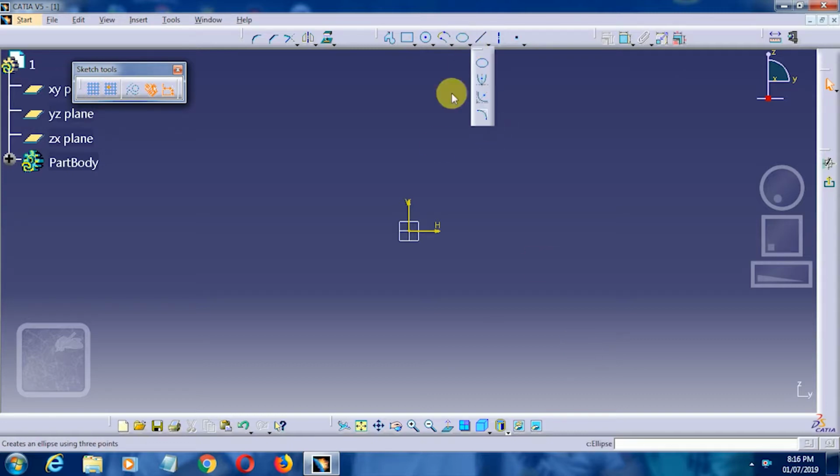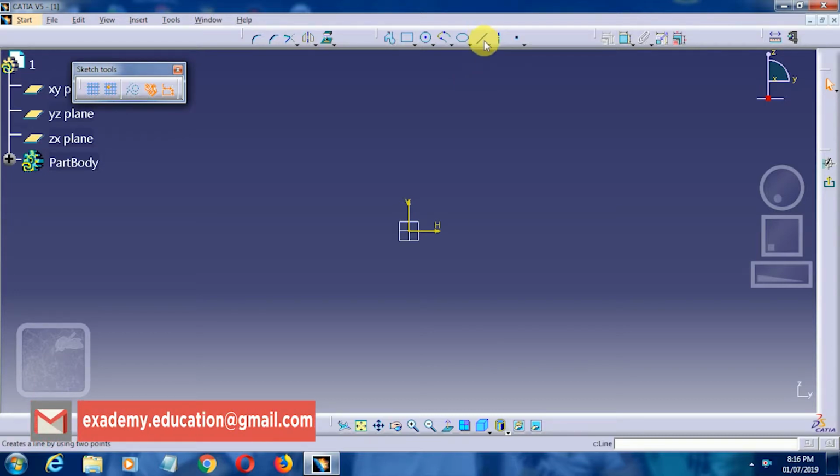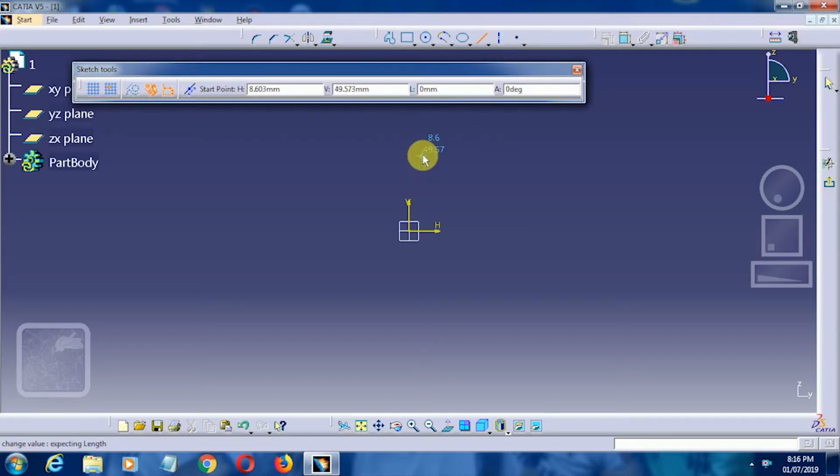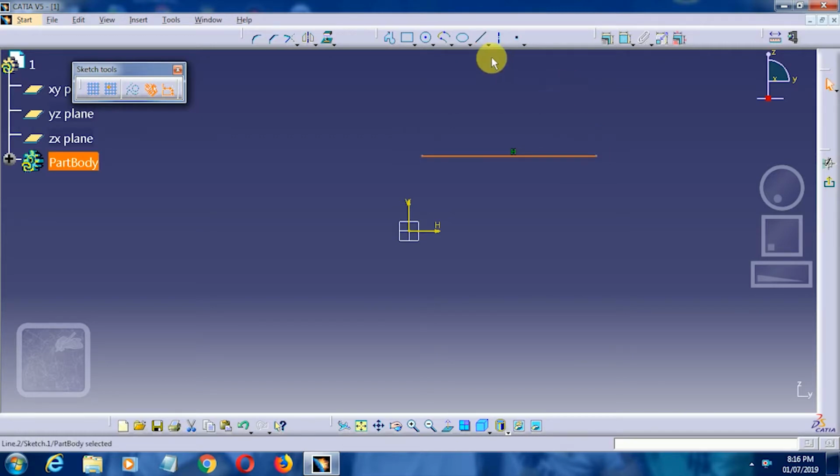Our next few options aren't actually used frequently, so we will skip those patterns and move on to our next options. That is, first of all, the line. Now, a line is a simple line. You can just simply click on the line. If I double click on that option,